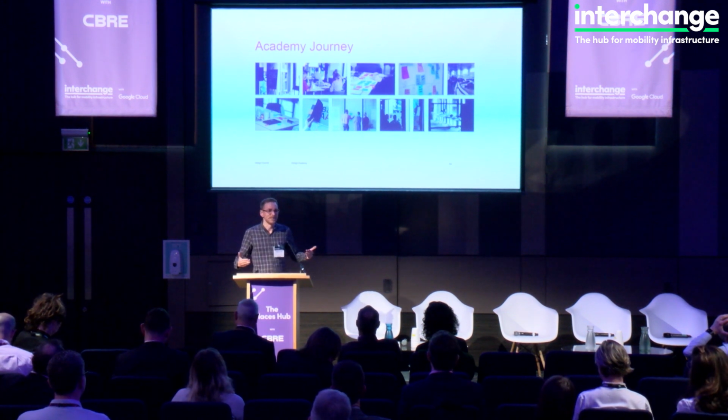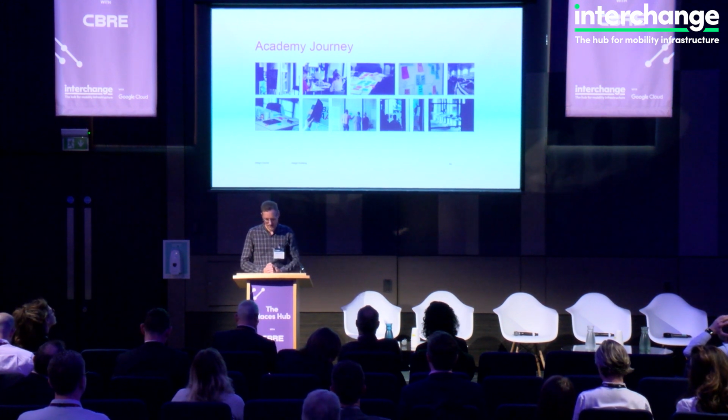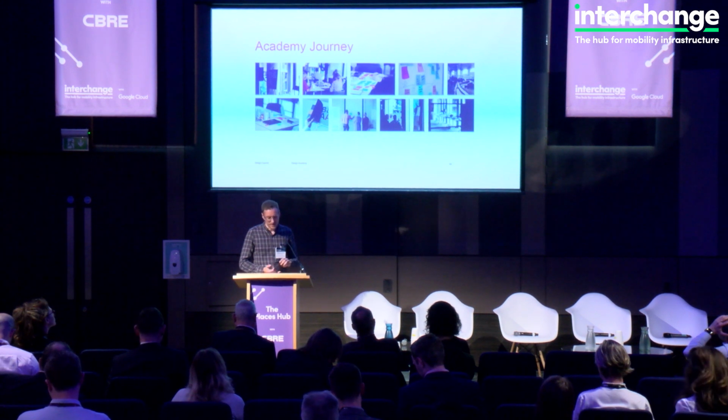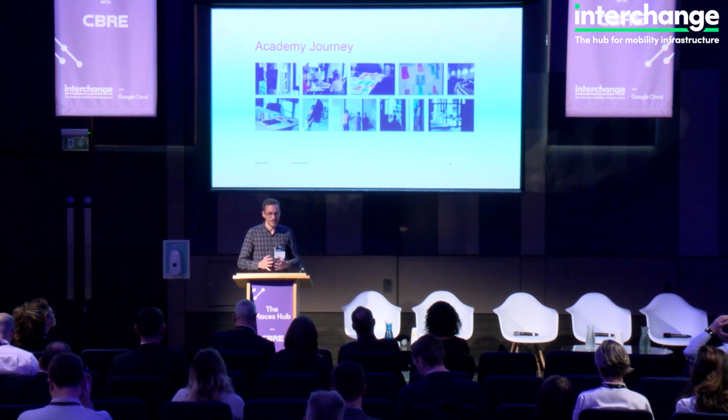But as we see funding across the board being squashed, as there's an ever-driving need for efficiency in what we're doing, we need to be getting the pounds the right way round in that and getting as much value out of what we're putting in. And that's not just financial value. It's nice and easy to quantify financial value, but as we've talked about already this morning, the social impact, the environmental impact,